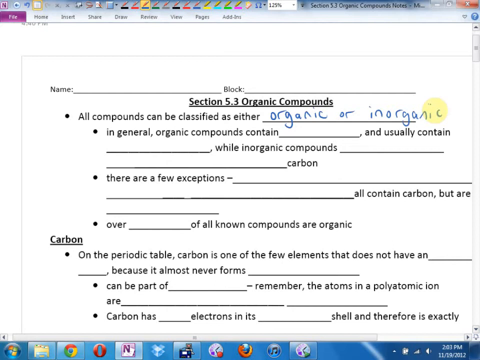There is a fairly easy way to recognize most organic compounds, and probably this year you'll recognize any organic compound this way. They contain carbon. Carbon is an extra special element. It's the element of life. If carbon didn't have the properties that it has, none of you would be here. Neither would trees, neither would plants. Everything is carbon-based life forms we talk about. So organic compounds contain carbon and usually contain hydrogen.